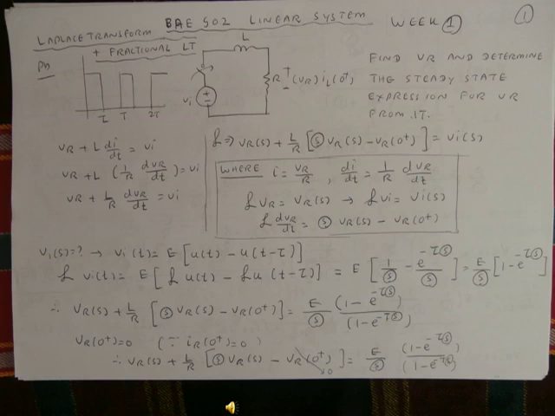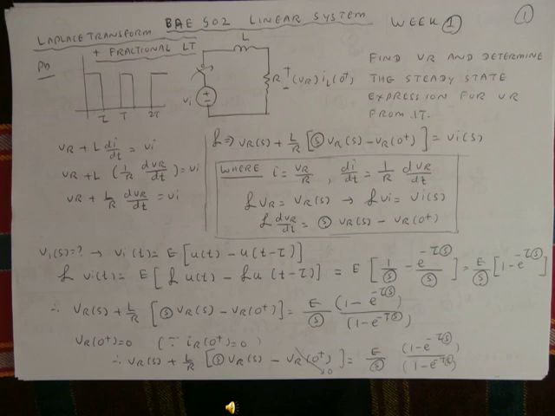Therefore we take the Laplace transform. The Laplace transform of VI is VI(s), and the Laplace transform of dVR/dt equals s VR(s) minus VR(0+). Those are the formulas utilized in that equation. So that we have to find out VI(s). In this case, VI in the time domain is VI(t) equal to